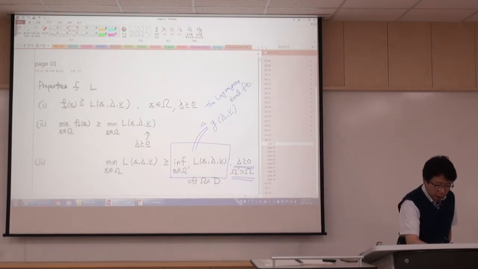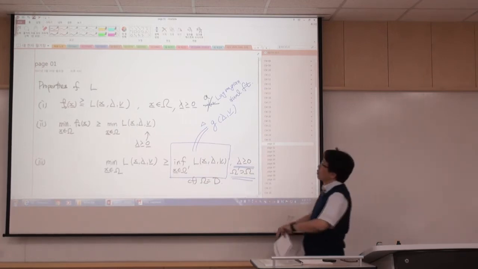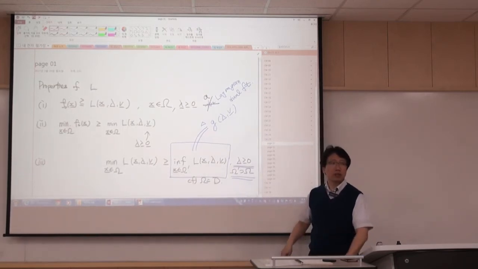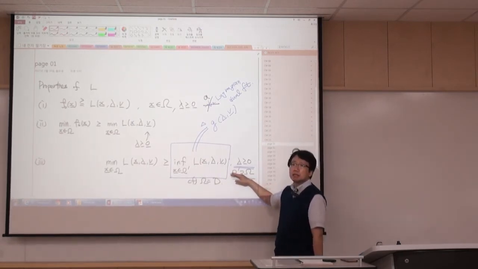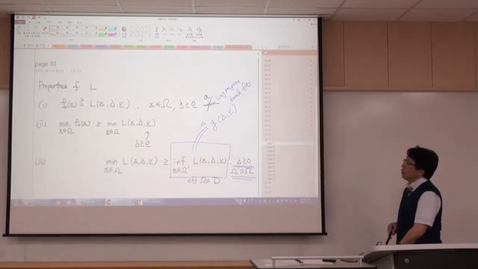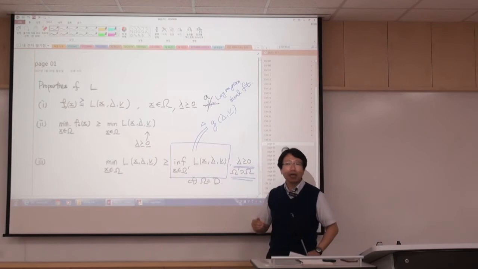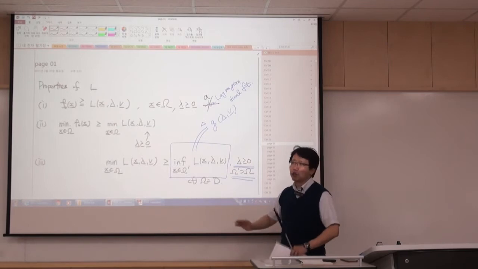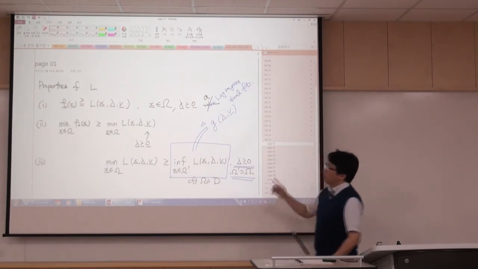But I want to change this d to a. Why? Because this function is not unique. It's not uniquely defined because we have flexibility in choosing omega prime. Got it? It is very important to choose omega prime so that we can obtain a lower bound easily. Sometimes any choice does not give us a good lower bound. But anyway,